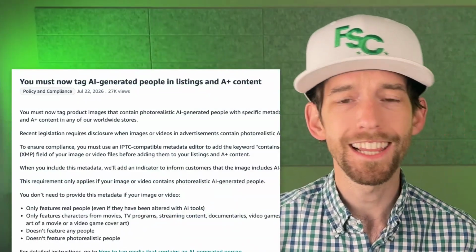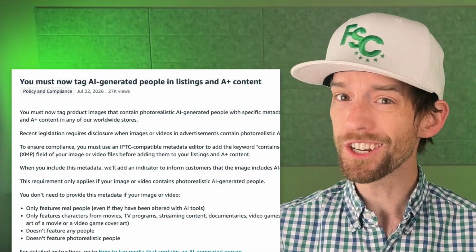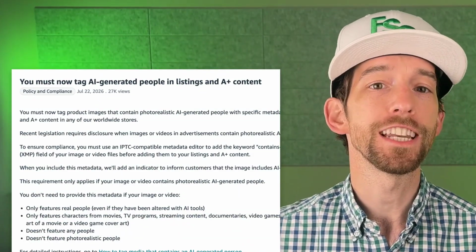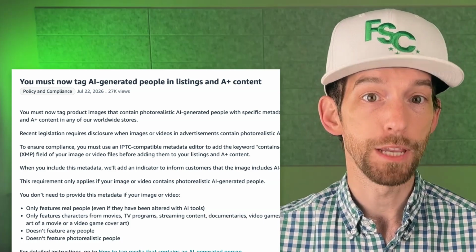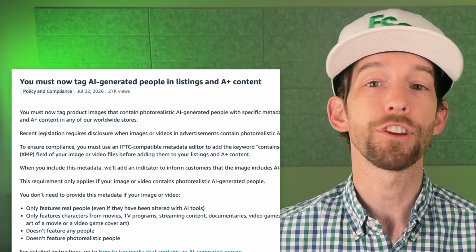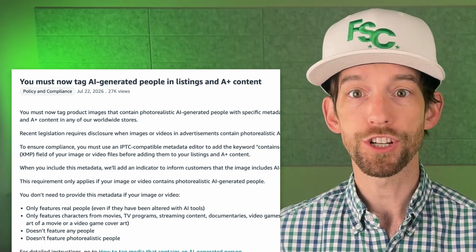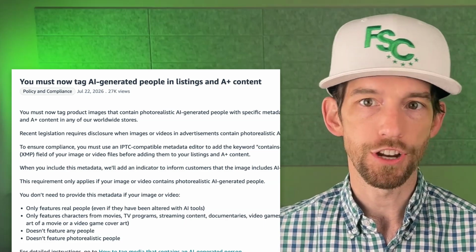Amazon just posted this announcement the other day, and it's potentially a big one. For any brands that are using images that include AI-generated people in them, you are now going to have to edit the metadata in your images to show that they include an AI-generated person. This adds an extra step for the images affected. If you have people working for you or freelancers or agencies, you need to make sure they quickly start complying